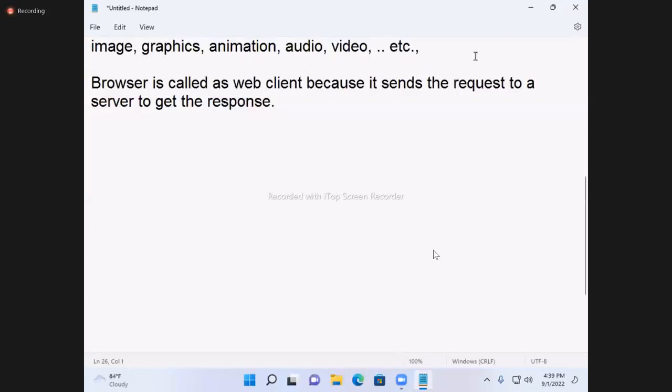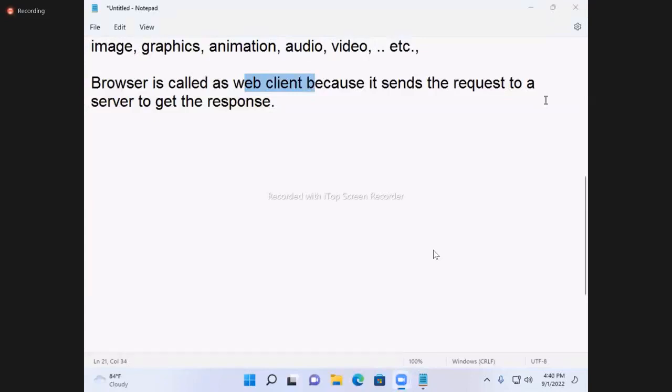So a browser is called a web client because it sends a request to the server to get the response. But why are we calling it a client? Client and server definitions were already given while teaching JDBC.